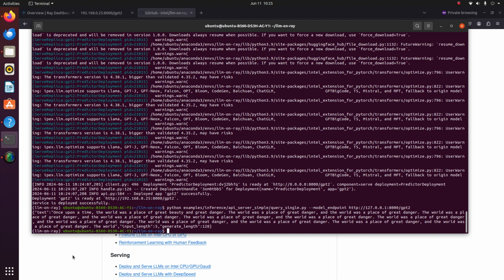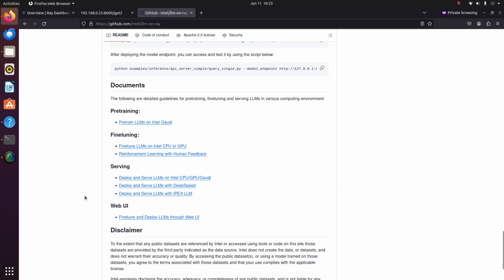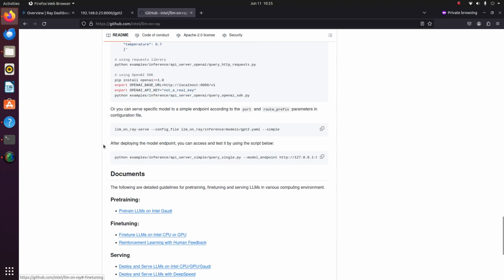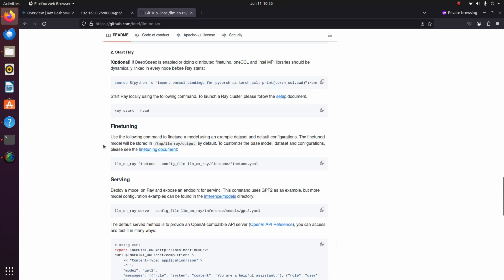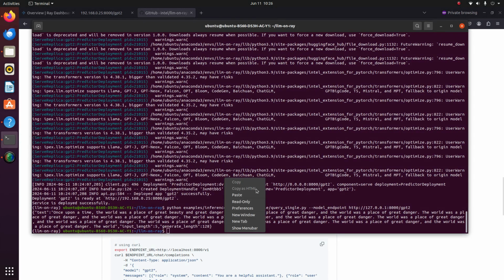it generates well, even though it does love to say that the world is a place of great danger, probably because it's sensing the fact that, well, this command here lets you fine tune, but it will take a while, so I'm not going to do that. So, since it senses that I'm going to stop it, it does perhaps know that the world is indeed